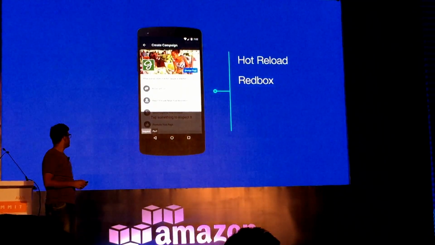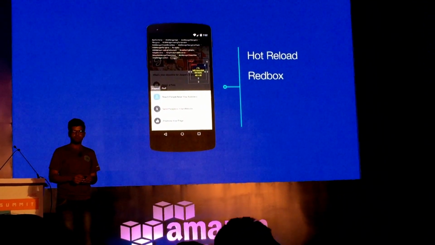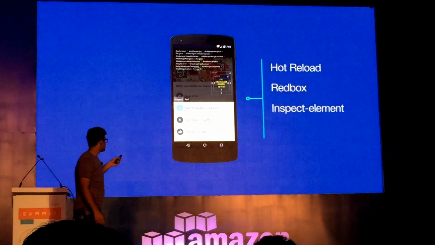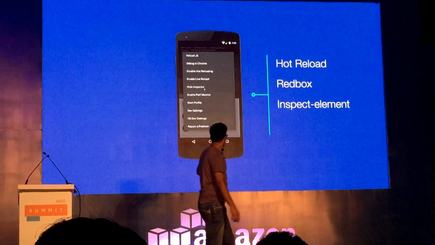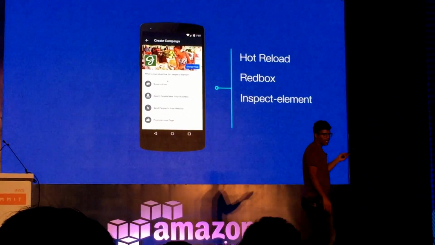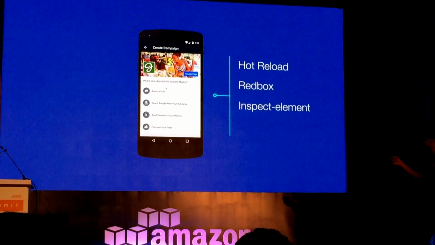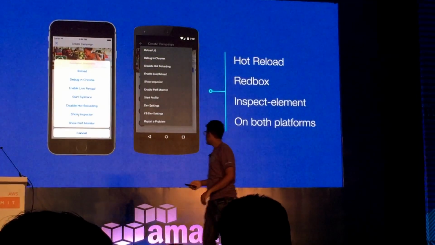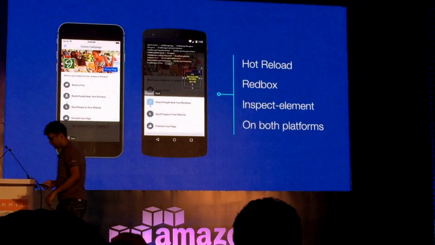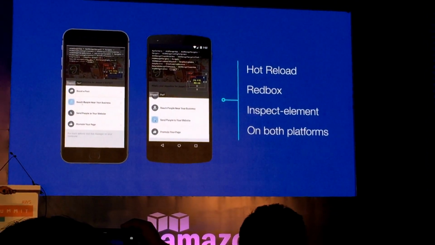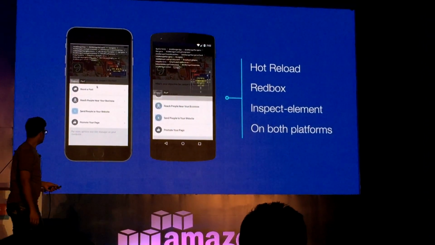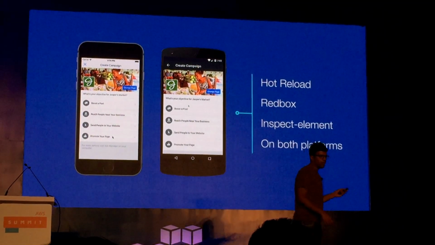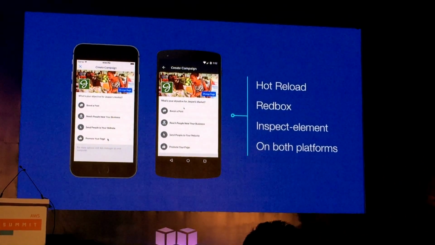Now, how many of you already know about inspect element on Chrome? With React Native, you can do that. You can see the frames, and if you want, you can enable the inspector or disable the inspector and decide what you want to change, and that enhances developer productivity again. And this can be done both on Android and iOS. So I can select the elements, see their borders, whatever padding I want to change, and whatever you want.